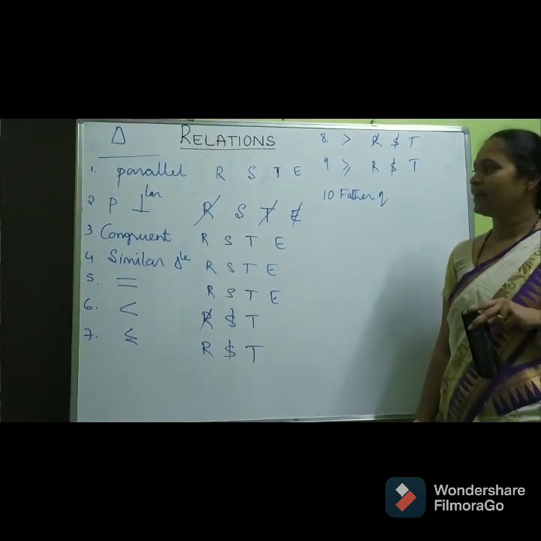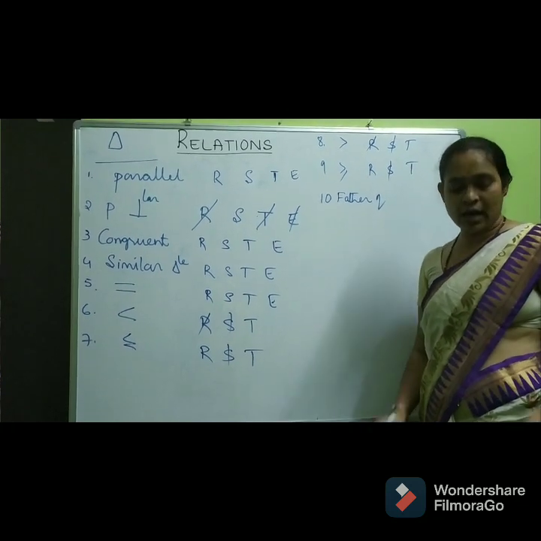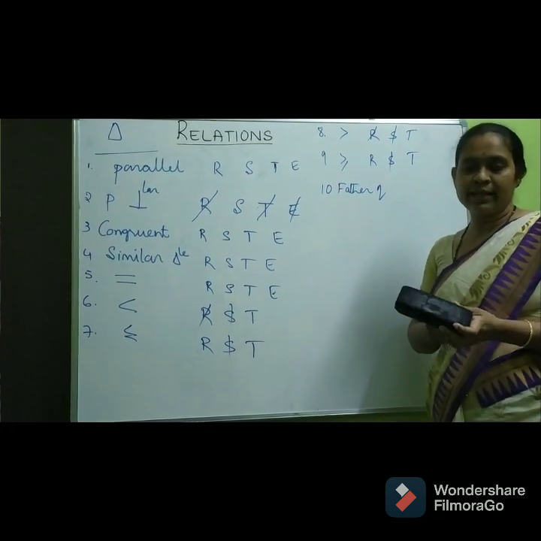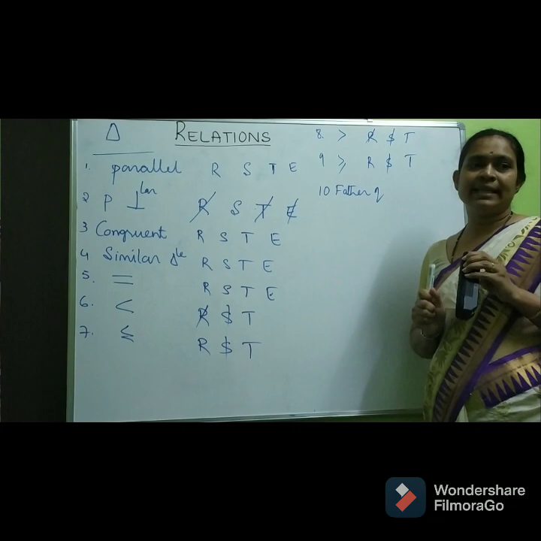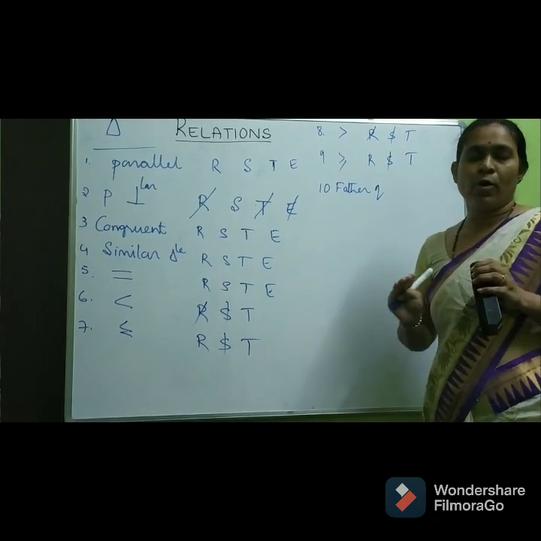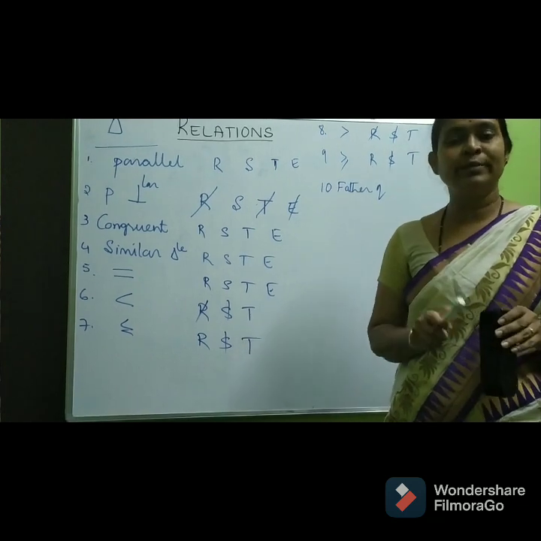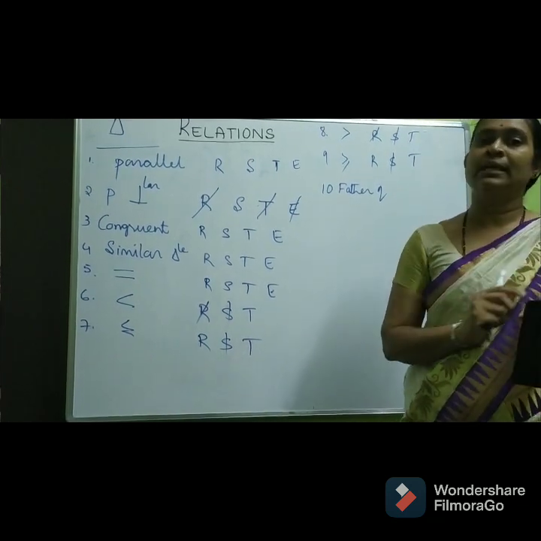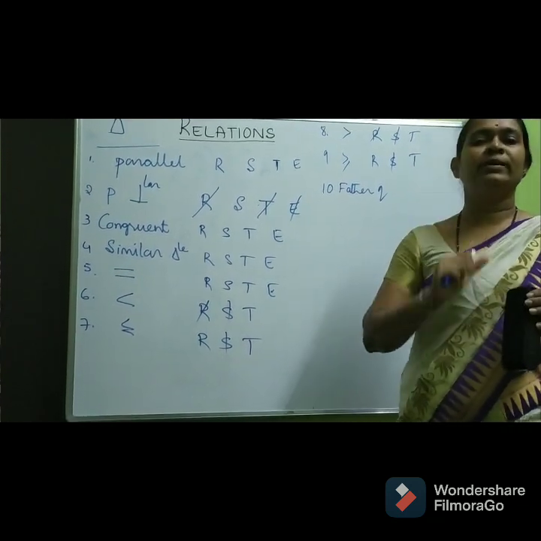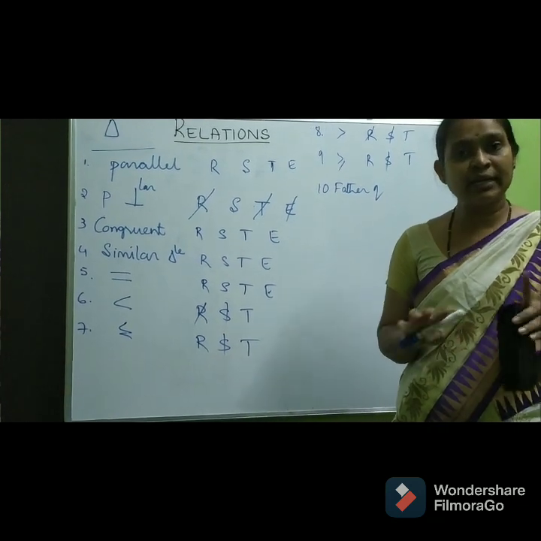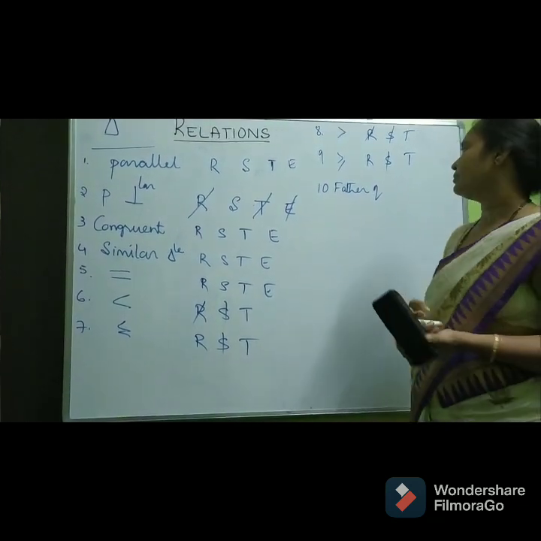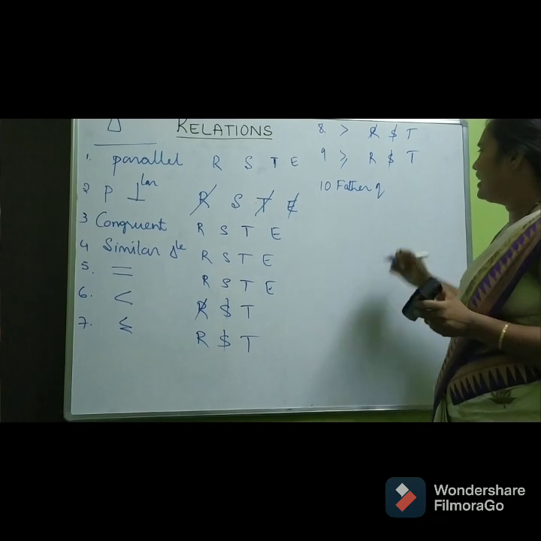How will they give the set? The set will be like this: let A be the set of population in a certain city at the same time. You have to be careful about at the same time. I'll tell one example of why you have to be careful whether they have given at the same time or not. Okay, father of.